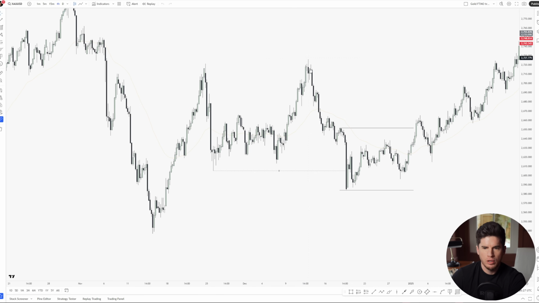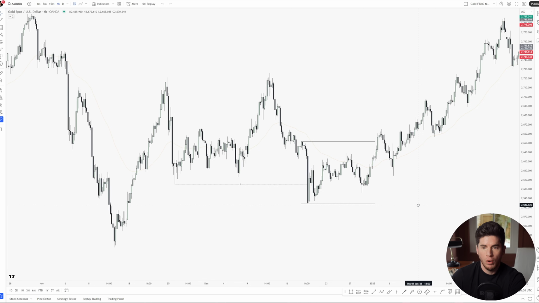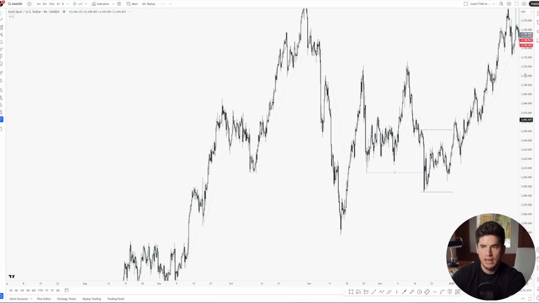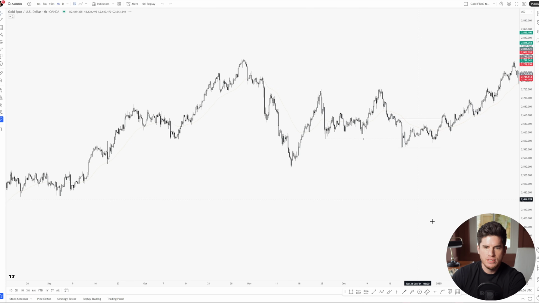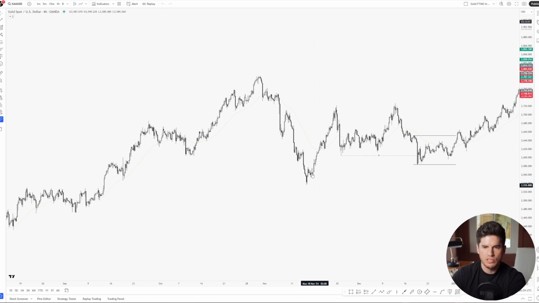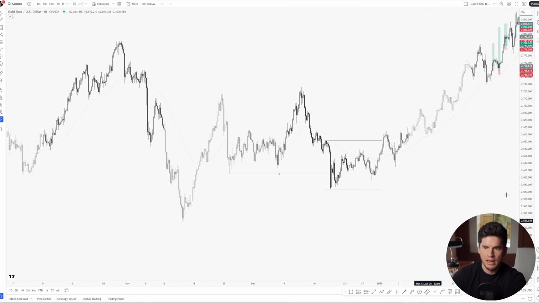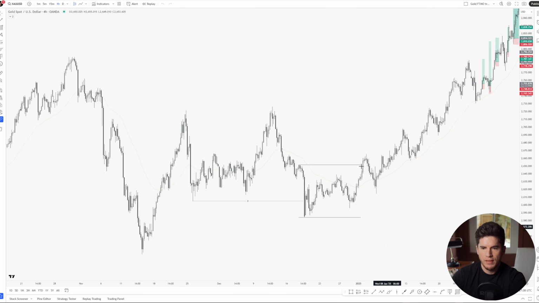because we can see that the 4 hour was printing lower lows and lower highs until this point. Now, what I want is a market structure shift, which means higher highs and higher lows to the upside. At least one, ideally a second break. A second higher high creates a new bullish trend. A second lower low creates a new bearish trend. But if you're aggressive enough, if you're confident enough, and if you've got higher time frame additional confluences, such as a daily macro bullish market, daily external range liquidity sweep, daily internal range liquidity sweep, and the 50 moving average on the 4 hour and daily tapping into and respecting, you can then consider one break.